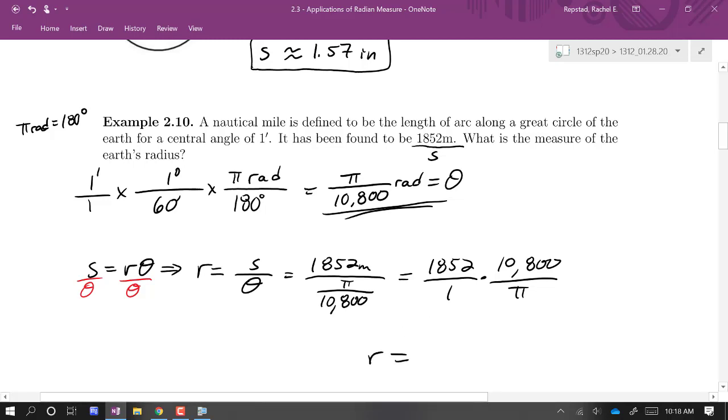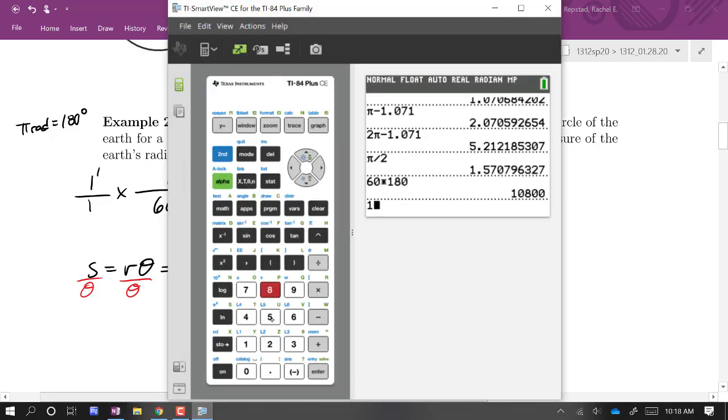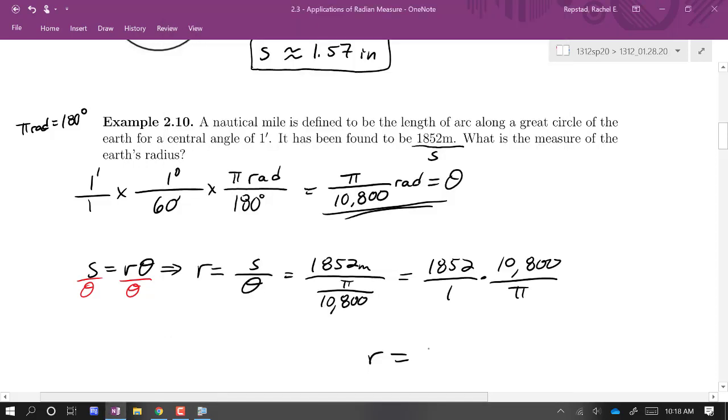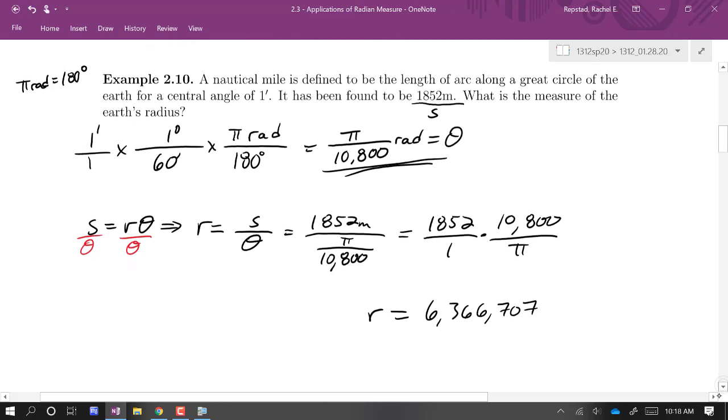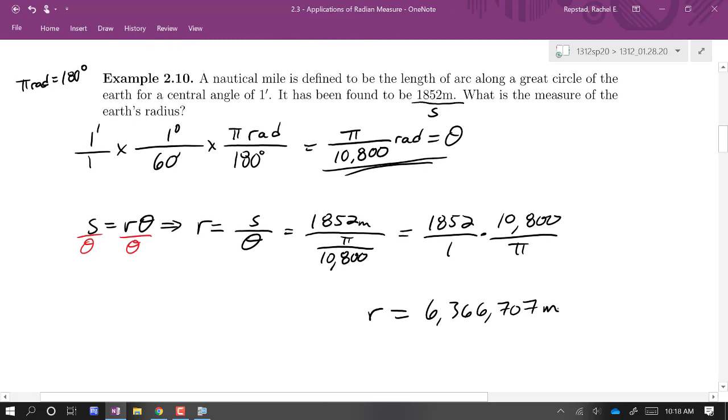So 1,852 times 10,800 divided by pi. That's $6,366,707. What are the units here? Meters. Now, in a problem like this, if you looked up the answer in the back, they'd probably